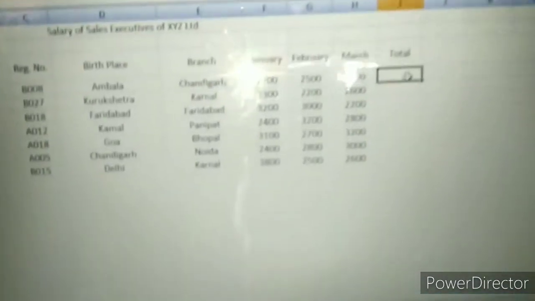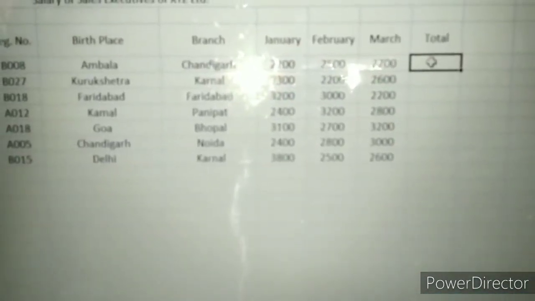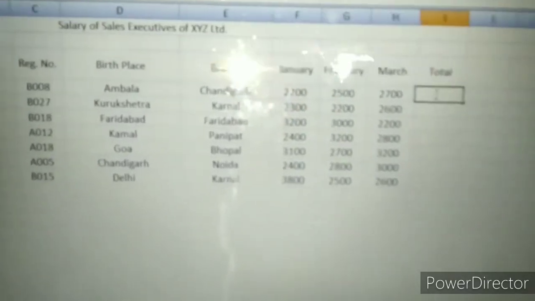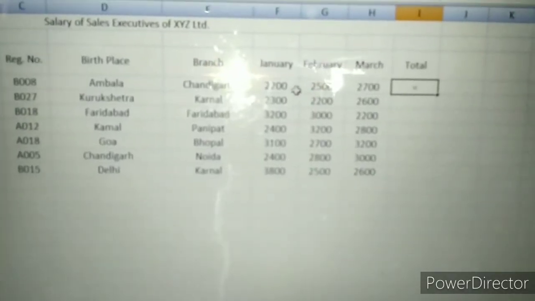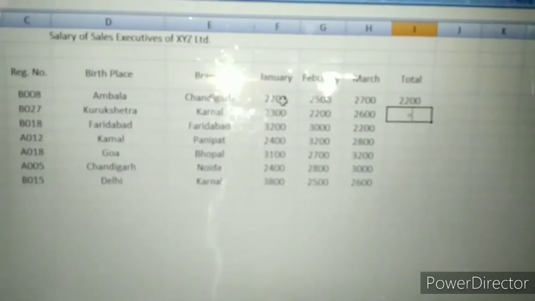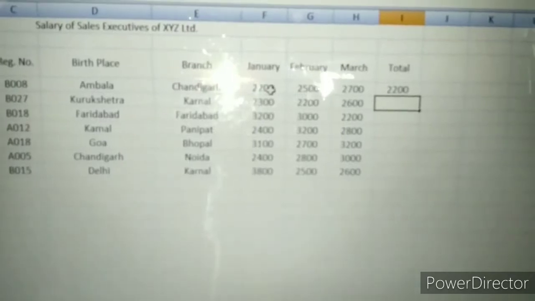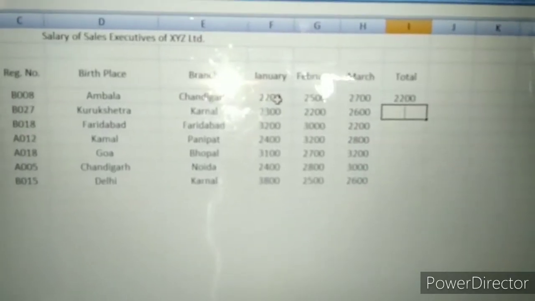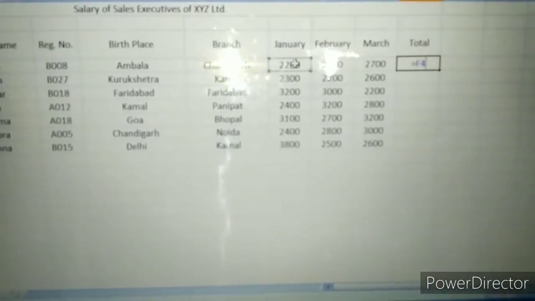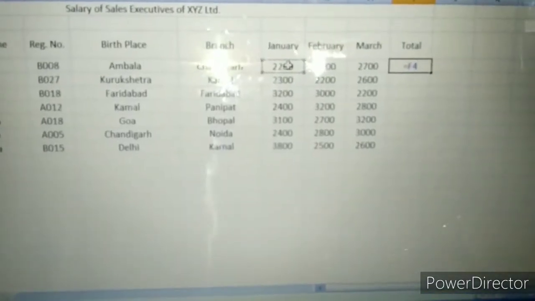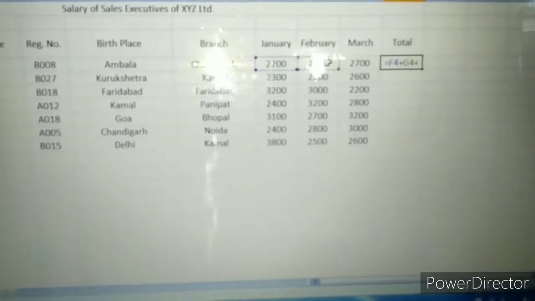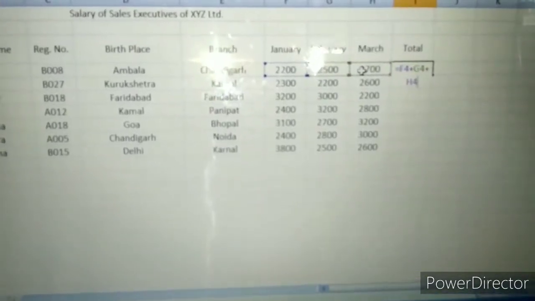Okay, for the total you see here, first we click. After that, equal sign, we select this cell and plus, then again plus, select the next cell and enter.